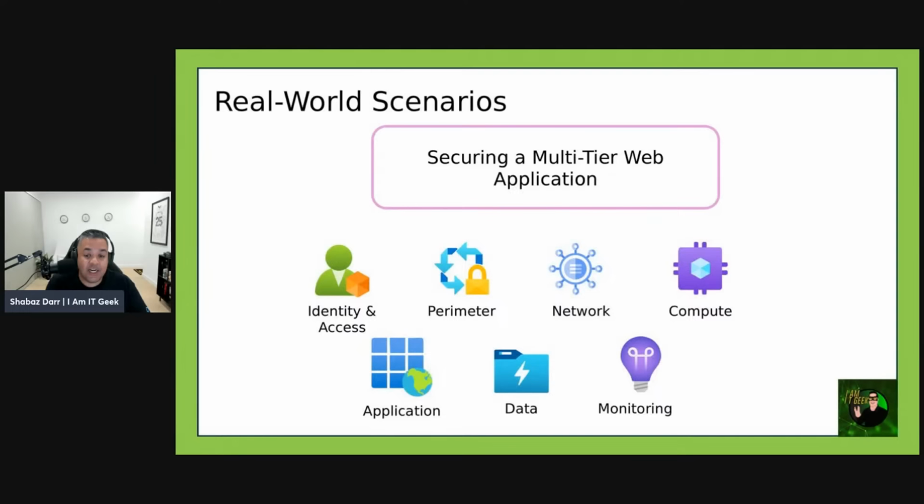From a data perspective, we can encrypt Azure SQL with TDE, plus use Key Vault with customer managed keys. We can classify data with Purview and apply labels as well. And then we can do monitoring and response. We can use Defender for Cloud for secure score and recommendations, and also ingest logs into Microsoft Sentinel